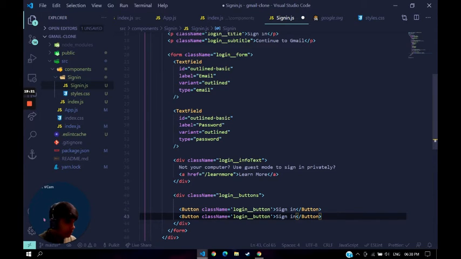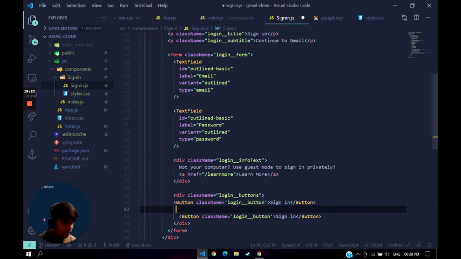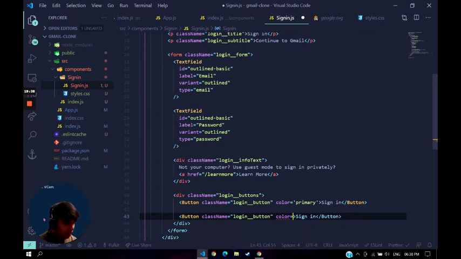Okay, let's give this a create account. To this we are gonna give a color of primary, so it will give a blue color. And to the other one we want a color of primary, the blue color again,